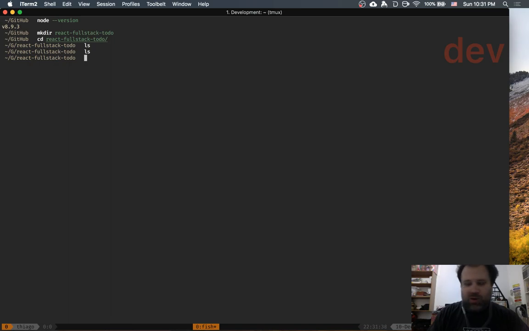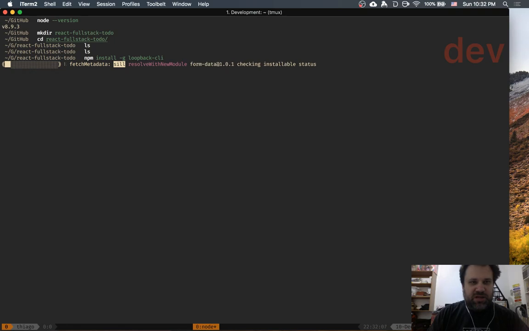So to install loopback, we're going to use npm. So we're going to say npm install -g loopback CLI. All right. So yeah, npm is installing, it's doing its thing, fetching metadata,